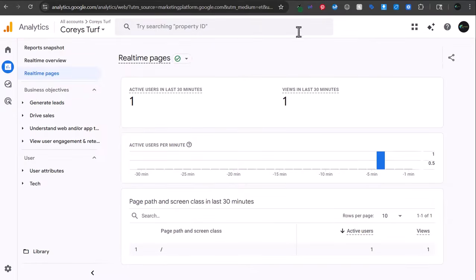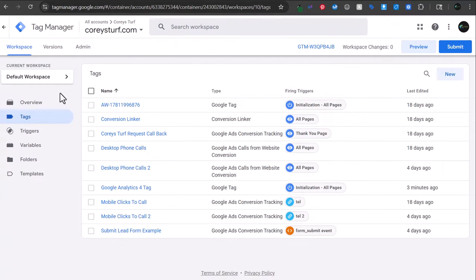If you have Google Analytics 4 installed and you have Google Tag Manager also set up, then you are ready to do this next video, which is going to be how to track phone calls into Google Analytics 4 from your website. Now, there are limitations to this using the Google Tag Manager method,